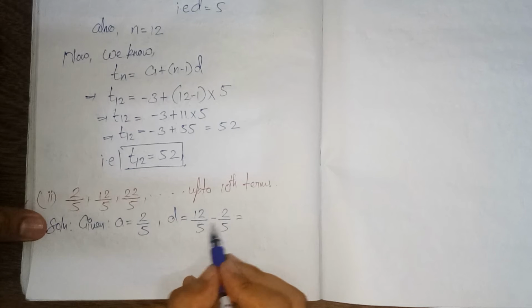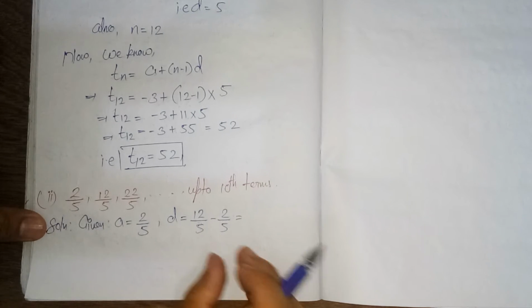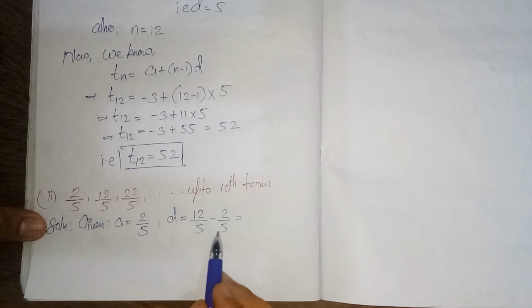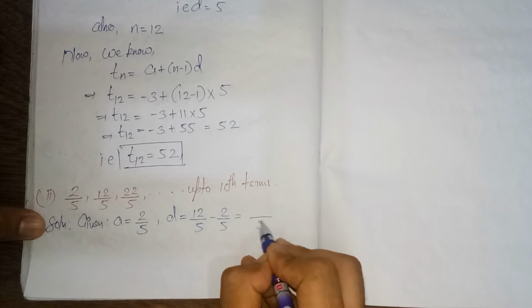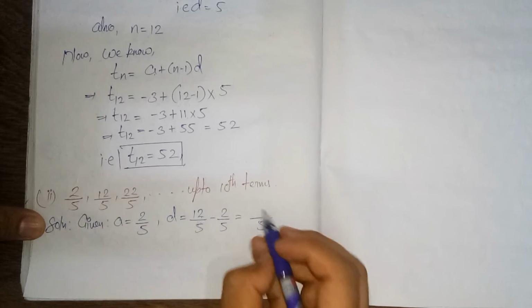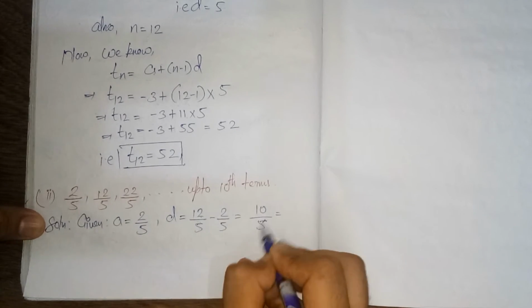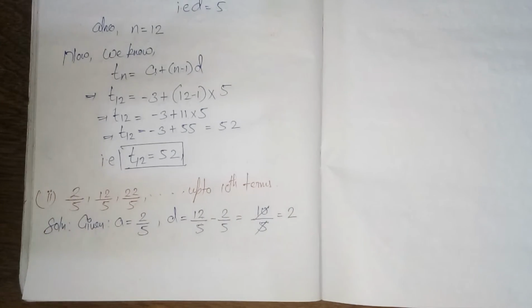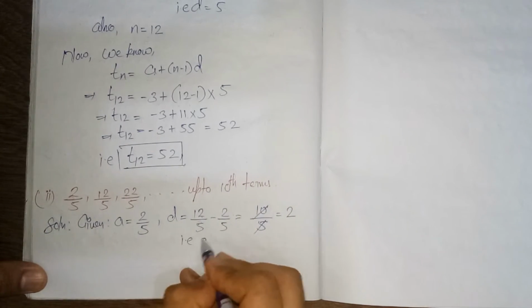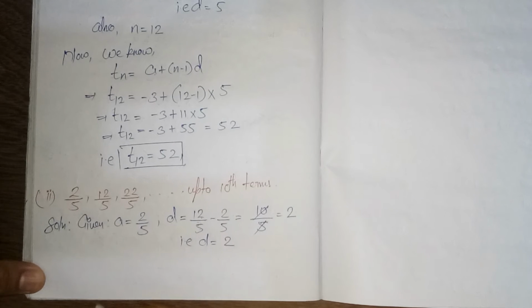Since these two are like fractions, you do not need to find the LCM. The denominator is the same, 5. 12 minus 2 is 10, and 10 divided by 5 is 2. So d is simply equal to 2, and